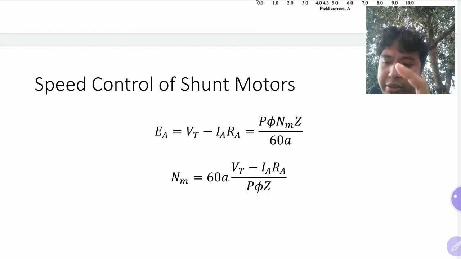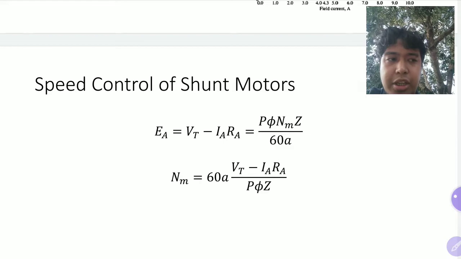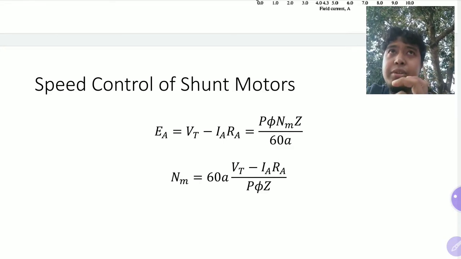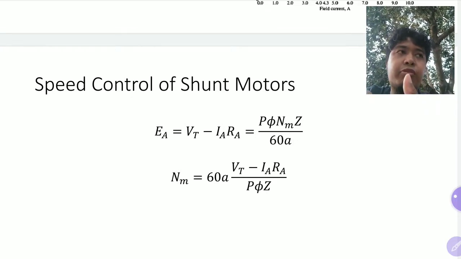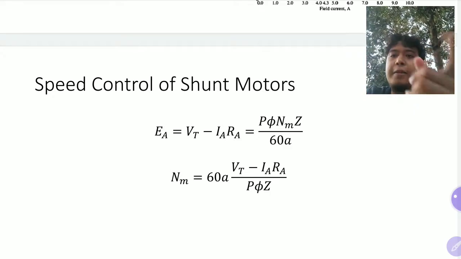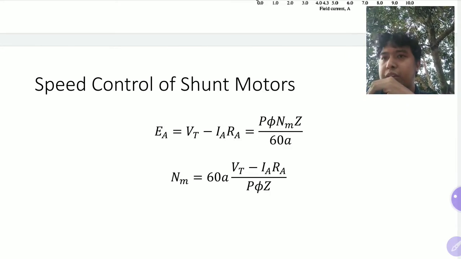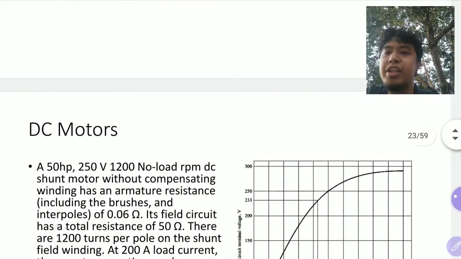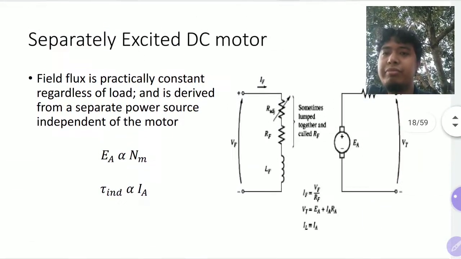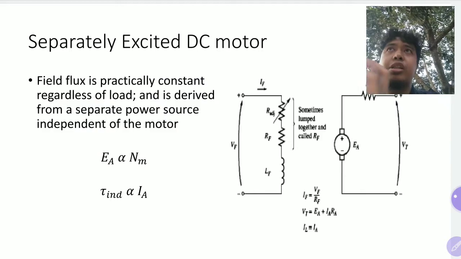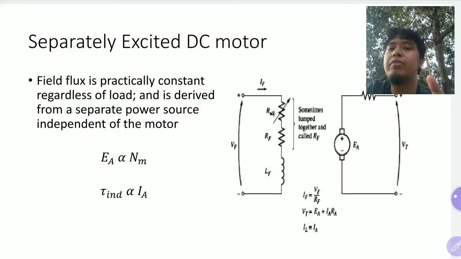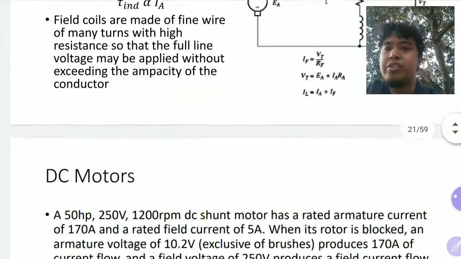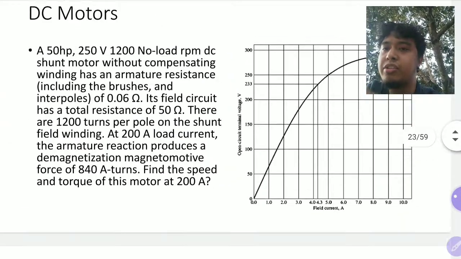The difference here of the armature voltage versus generators is that for generators, the armature voltage is greater than the terminal voltage because it's a generator. The flow of power is from armature to terminal. For motors in general, the terminal voltage is greater than the armature voltage because the flow of power is from the terminal voltage to the armature voltage. So that's why in this formula for shunt motors,